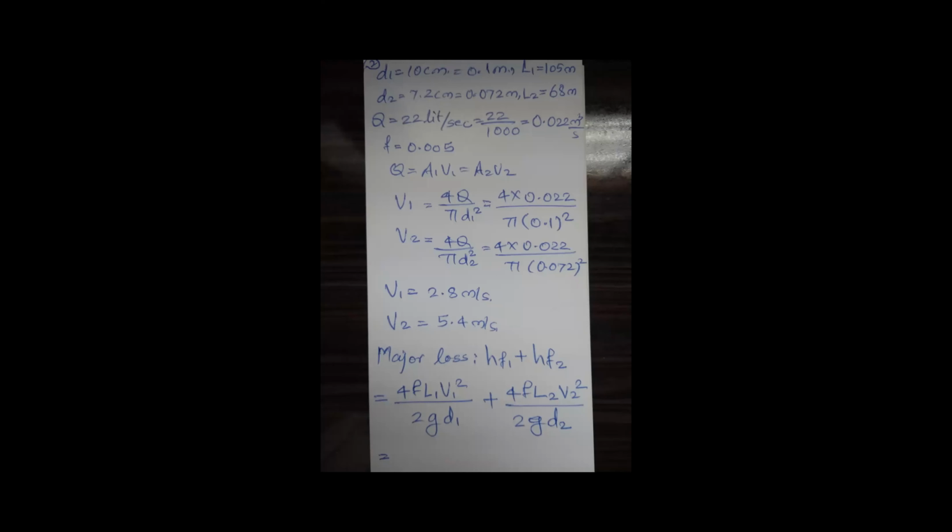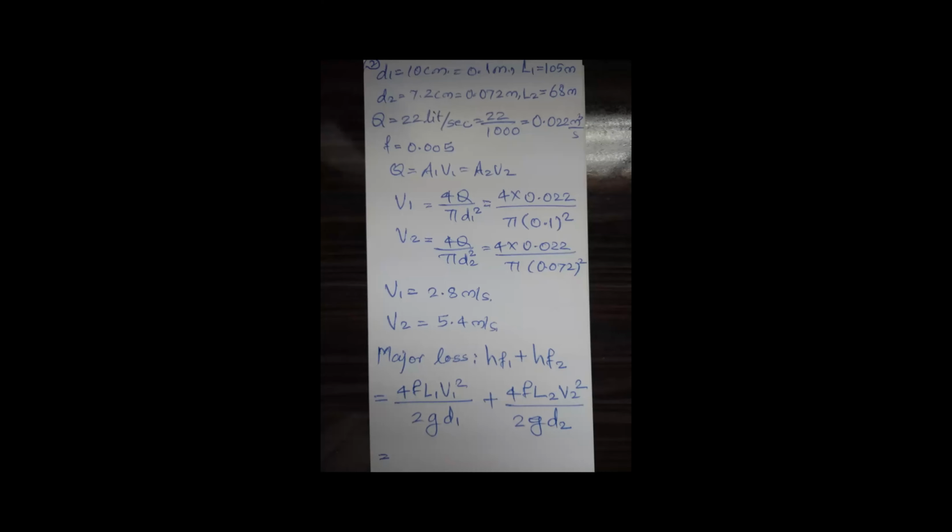The other 50% of the problem is for the minor losses. Most of the time we neglect these minor losses because when you compare them with the major losses, their value is very low. So now we just have to calculate the minor losses. But which losses need to be considered? Because there are six types of minor losses.